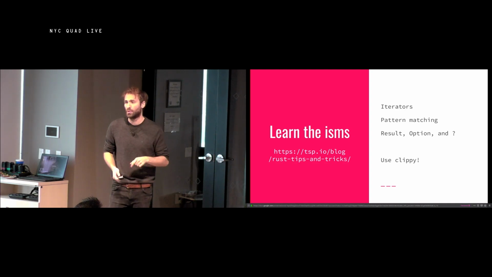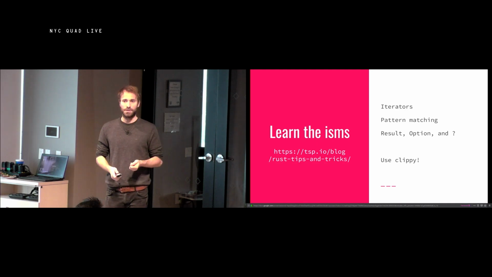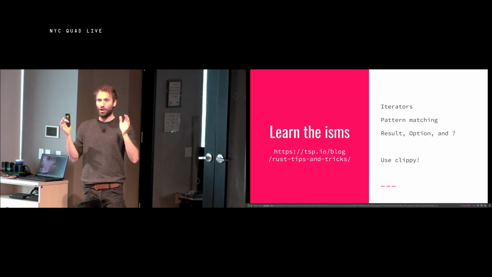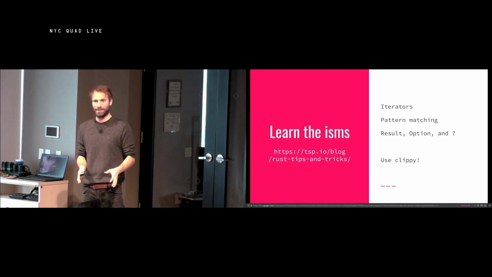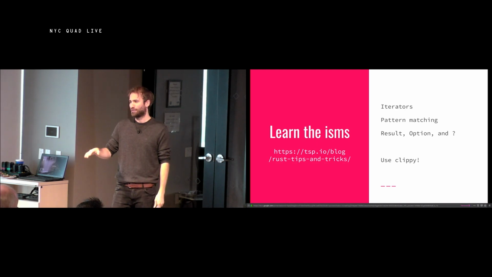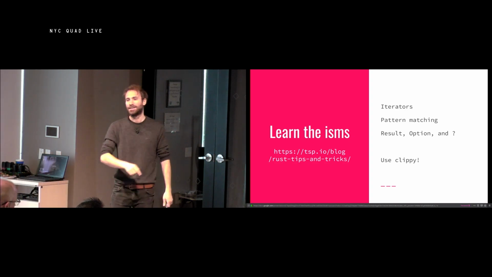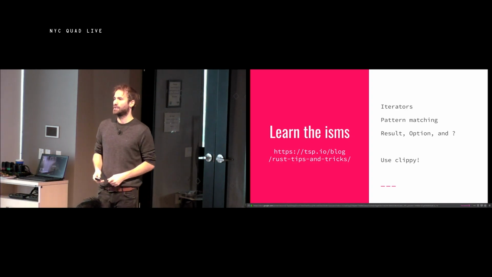There's also a really good tool built by the community called Clippy. Clippy is a tool that will take your Rust code and tell you all the things that you probably shouldn't be doing. It's basically like someone wrote a thing that's going to do peer review for you, and it's going to yell at you: don't do that, don't do that, don't do that. It's great. It's like Go Vet for those of you who used Go.